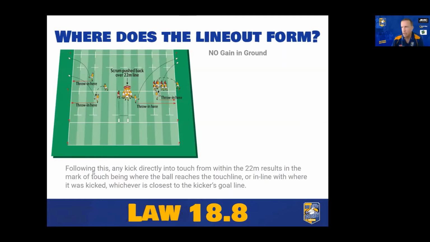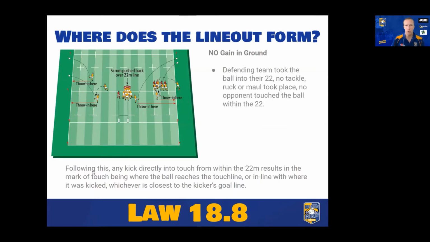And here we go over the concept of gain in ground and no gain in ground. So this is relating to the 22-meter line. So, no gain in ground. This is where we have a ball where the defending team's taken the ball back inside the 22. Once they've taken it back in there, it doesn't matter how that play started. If there's no tackle, there's no ruck or maul, and no one from the opposition touches the ball,